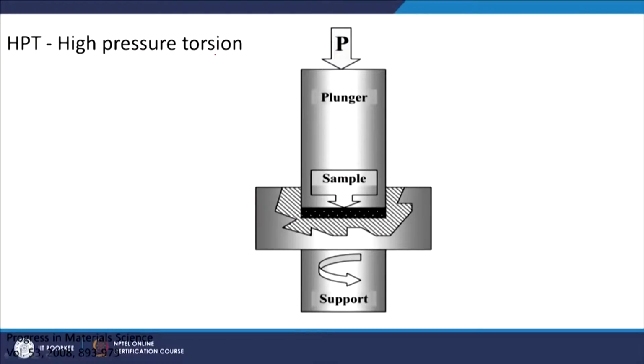Another process, with a lot of literature in journals, is called high pressure torsion, HPT. The drawback here is that the sample size which you take is very small. The process is like this: you have a lower die here, and then there is an upper die putting a normal force, and at the same time you are rotating the die. So, at very high normal load you are forcing the material to also rotate, introducing a lot of shear deformation because of this kind of churning.